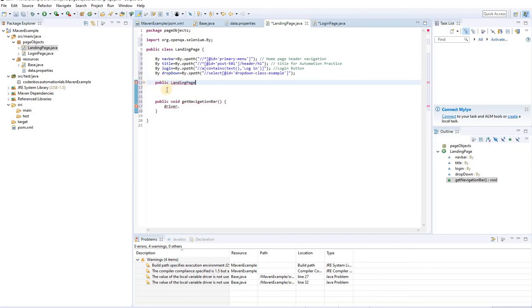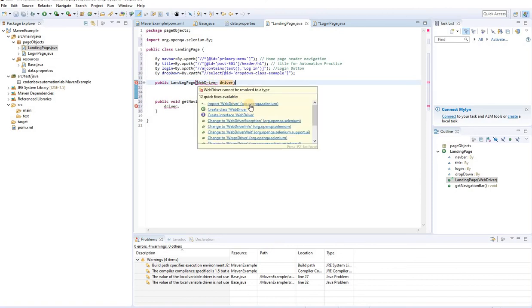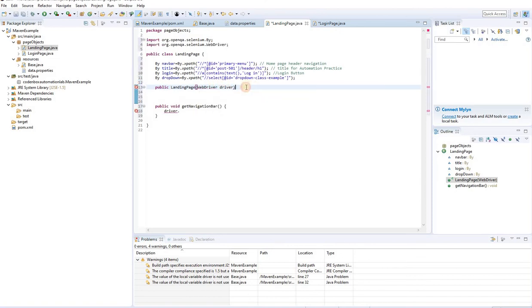So just public, then the class name. The method name is the same as your class name, right? And then we are going to put a driver here. We have to pass a parameter. So WebDriver driver here, WebDriver driver, import WebDriver. Okay, and then